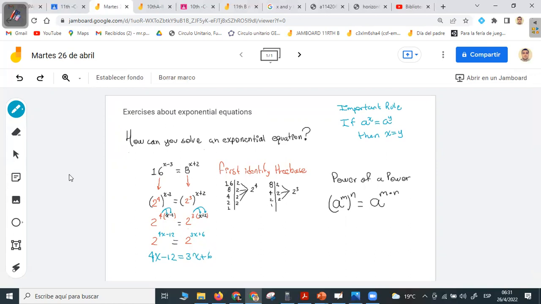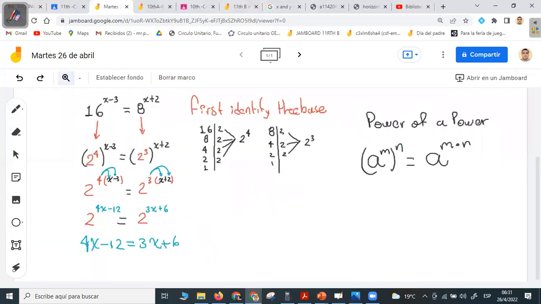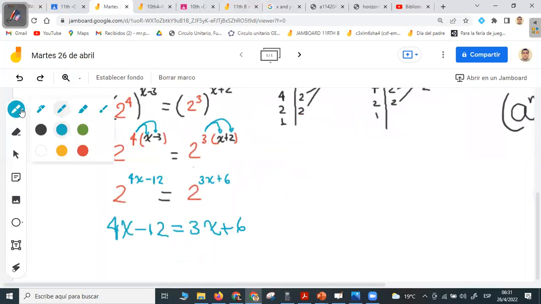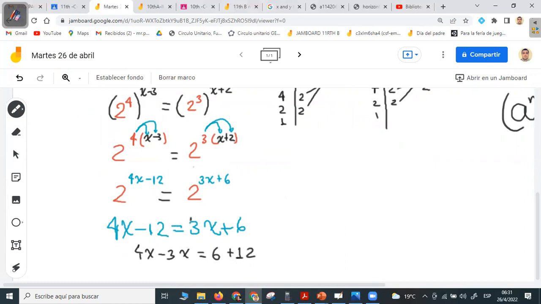So let's find it. I think we have been solving equations with variables on both sides many times since 9th grade, so I think you're a master at solving these. It will be pretty easy. All you have to do is work variables on one side and numbers on the other, as I show you right now. What I did is pass the 3 to the other side, and then pass the -12 to the other side. So finally, working the variable expression there, we're going to have x equals